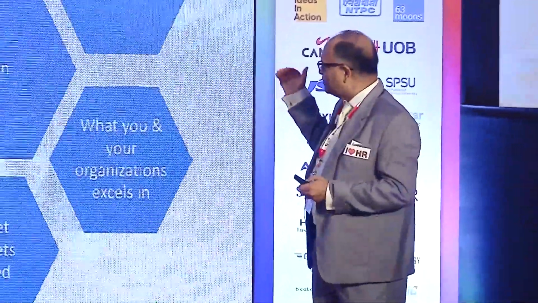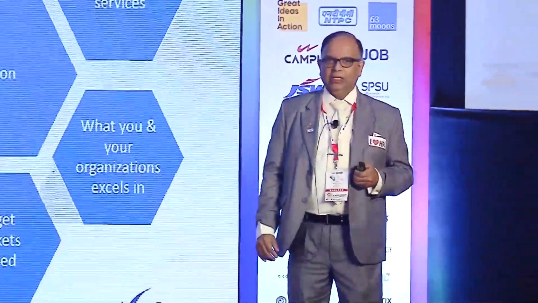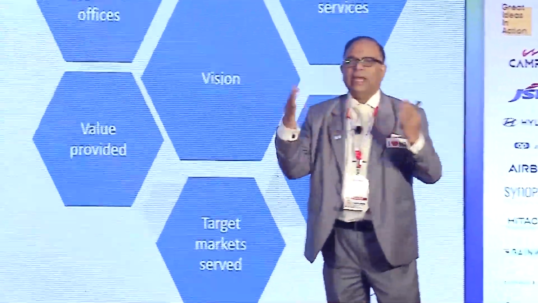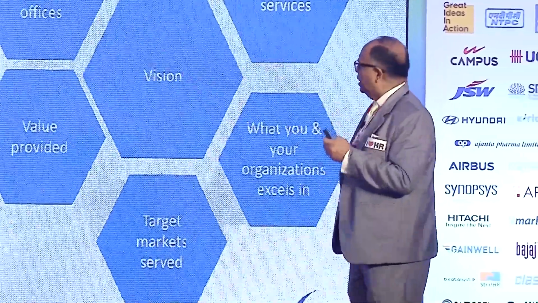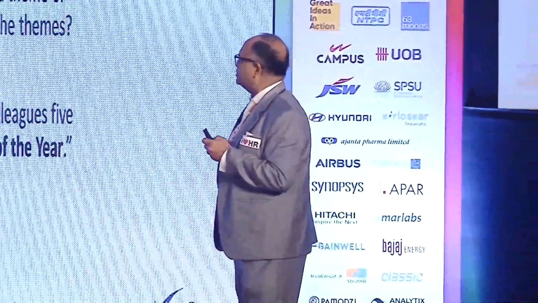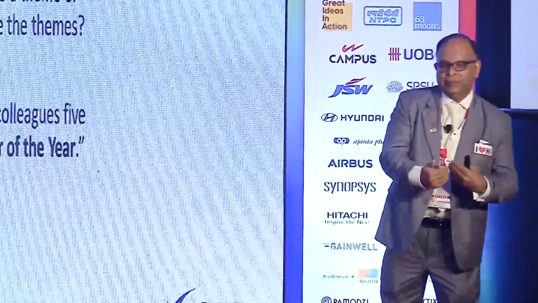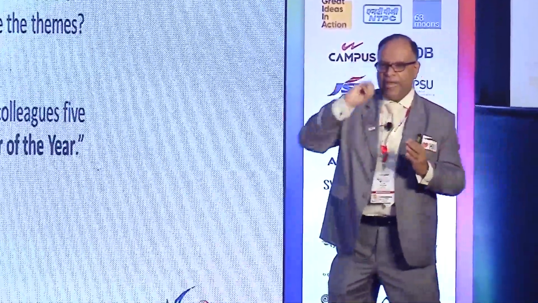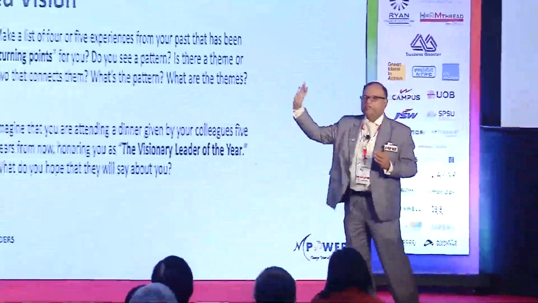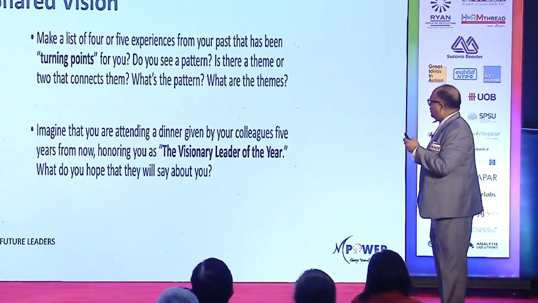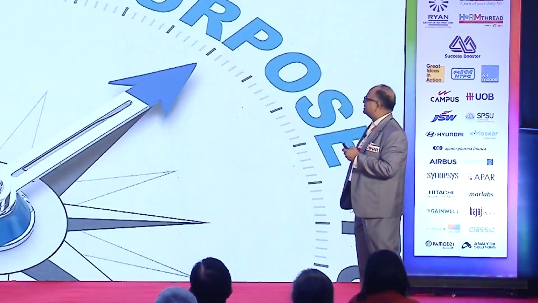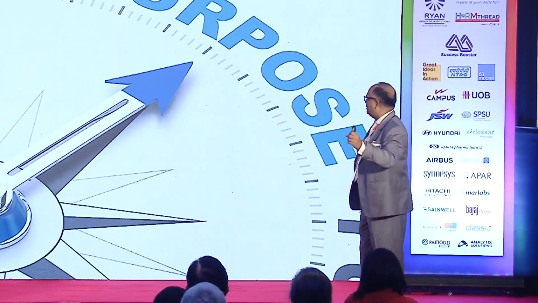Then you have certain pathways for how you can do it. Once you get the vision alignment and value alignment done, you can plan your life going forward. To summarize, how do you prepare the vision statement? You can go back in your life, reflect, and identify key turning points and what makes them turning points. Then you find a theme, and from that theme you can build your vision path going forward. All these things are on a small card, which I will give to you.